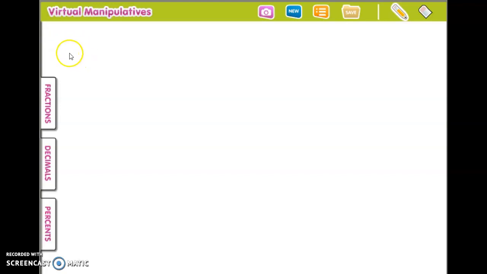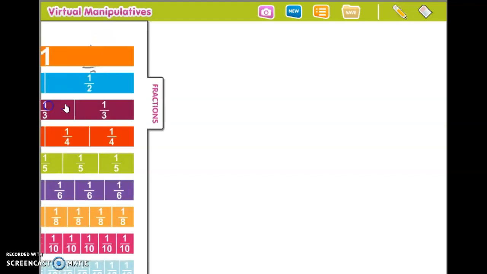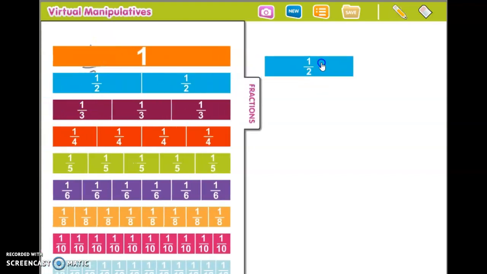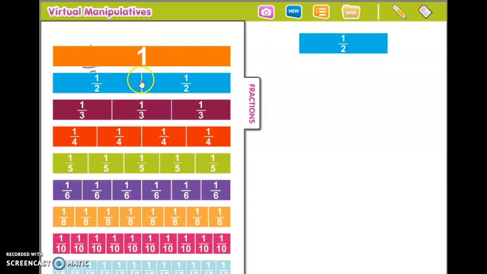Let's look at an E.F.T real quick for finding equivalent fractions. So if I'm trying to find fractions equivalent to 1/2, I'm going to start with 1/2. If I go down this line, any of the lines that match up are equivalent to it. They're the same. So if you had half a candy bar